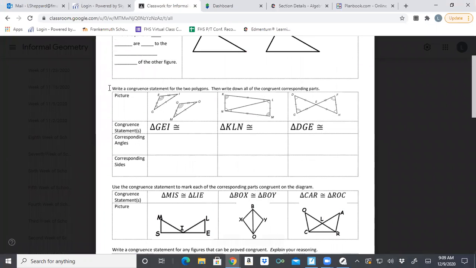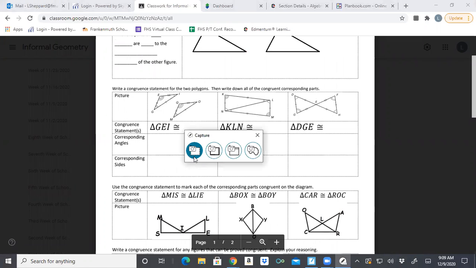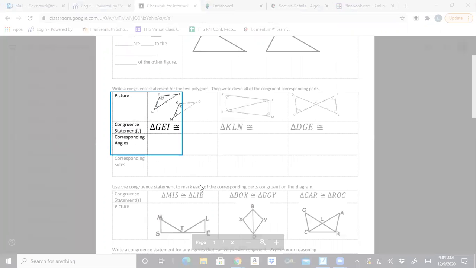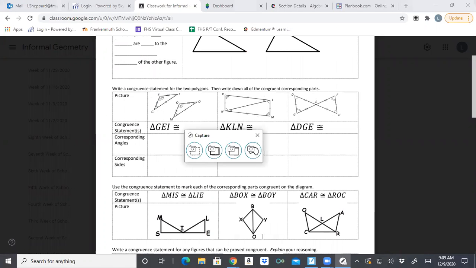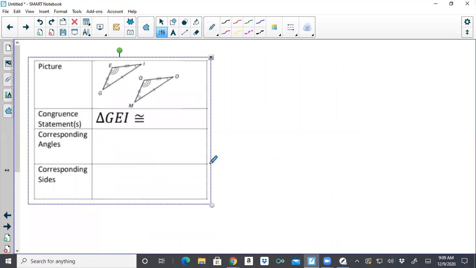Now what I want to do is, it's saying write a congruent statement for the two polygons, and then write down everything that's congruent to each other. So what I'm looking at is, in my picture, the first thing it wants me to do is to write a congruent statement. So I'm going to write down in big words over here what a congruent statement actually is. So a congruent statement